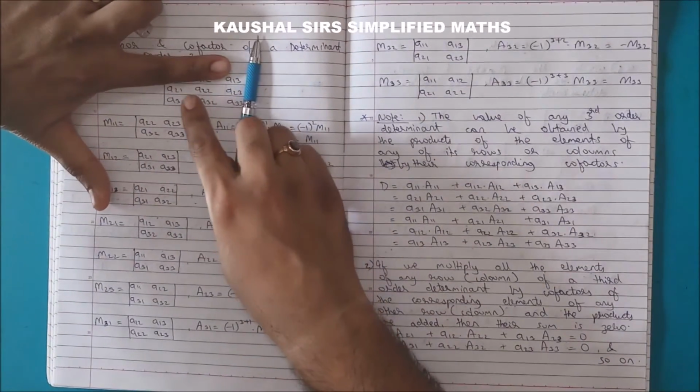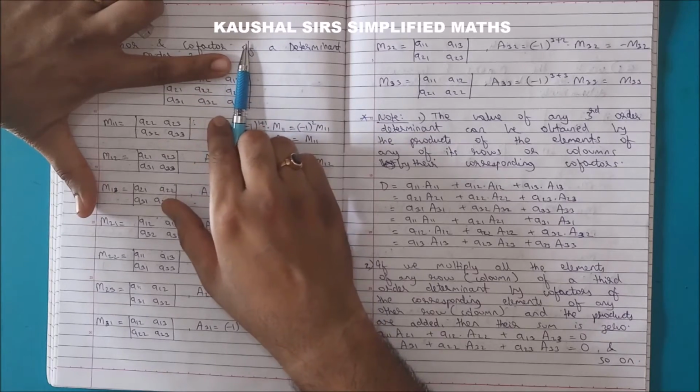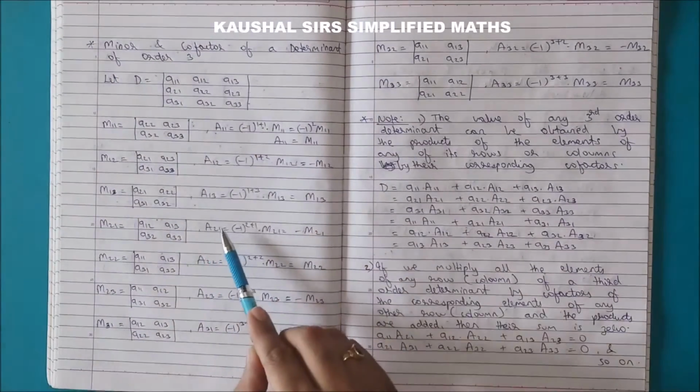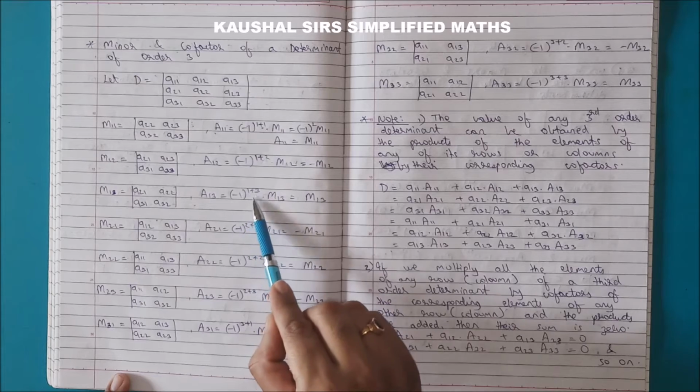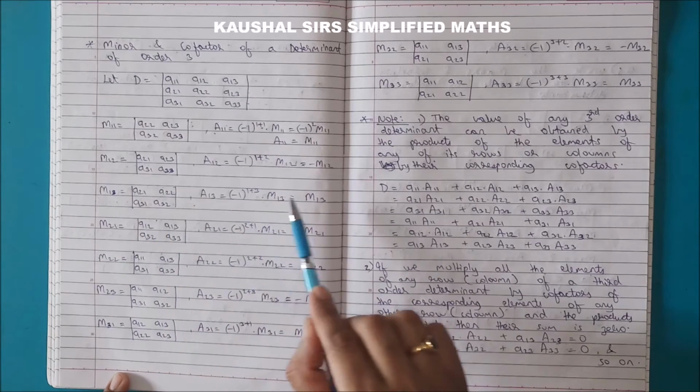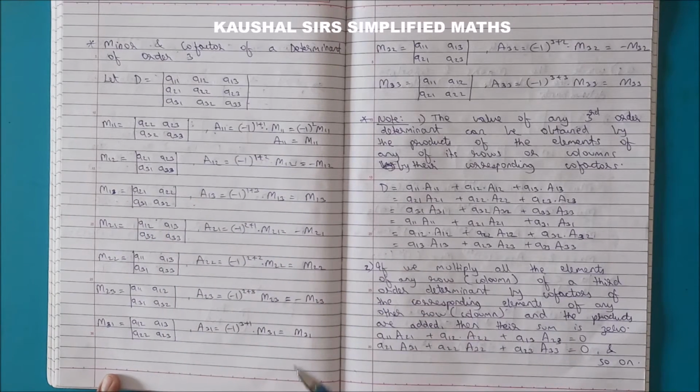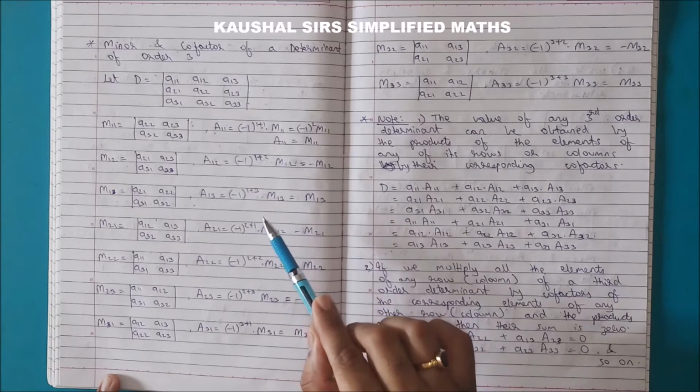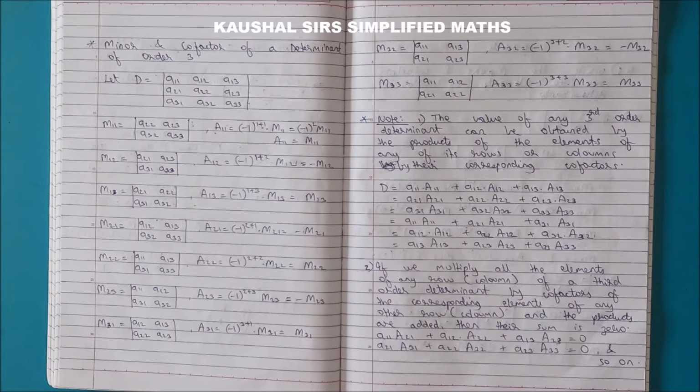So we are left with determinant of these 4 elements. So यहाँ पे दिखाया हुआ है. Okay. Now coming to A13, -1 raised to 1 plus 3 into यहाँ पे जो भी आपको वैल्यू मिलेगा you put over here. Okay. -1 raised to the power 4 becomes +1. So the answer is M13.